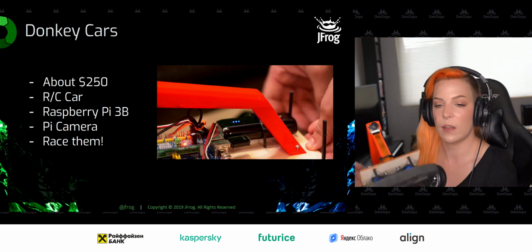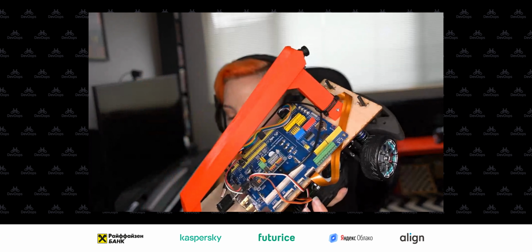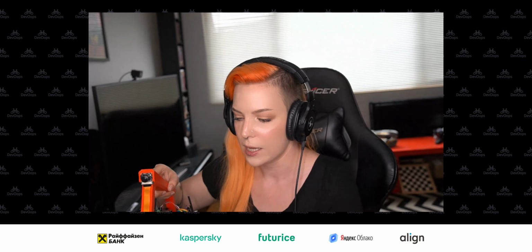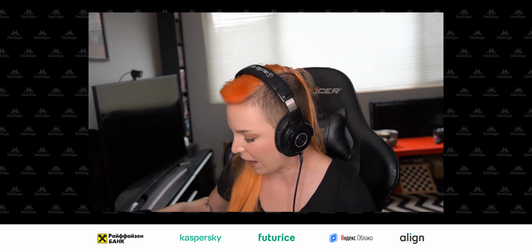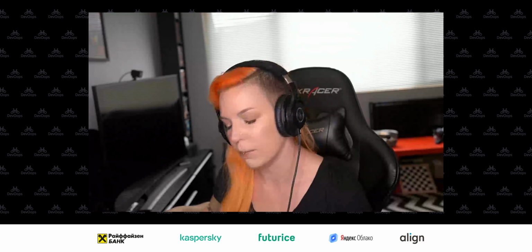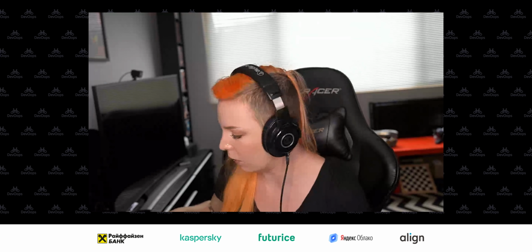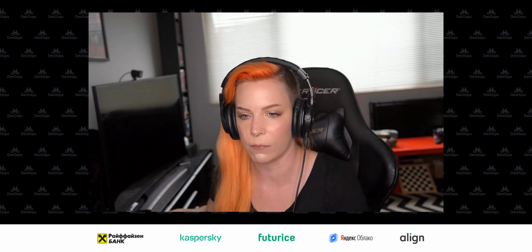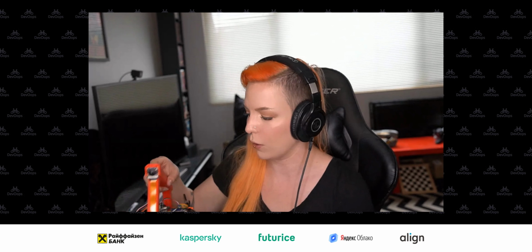Once everything is set up, you record 10 or so laps on a track with anything high contrast. Honestly, you can just use like masking tape on the floor. Then move the images and steering data back to your computer, use the Donkey CLI to train the model, and then move the model back to the car. So there is a manual process involved, since you have to jump from your car to the computer to the car again. But